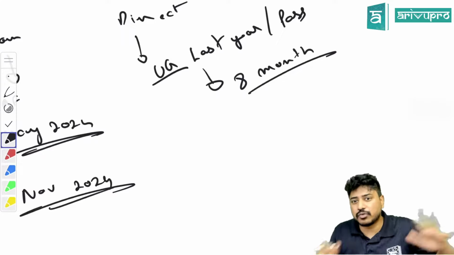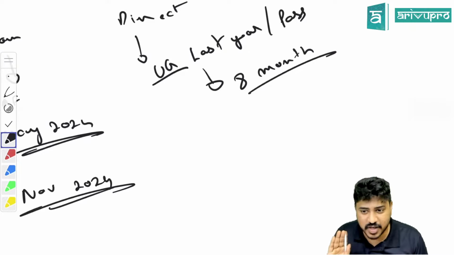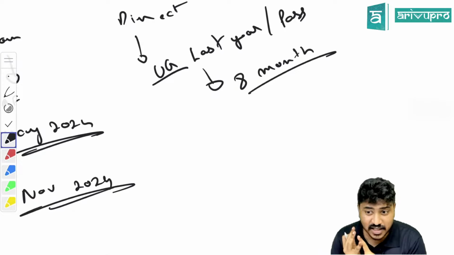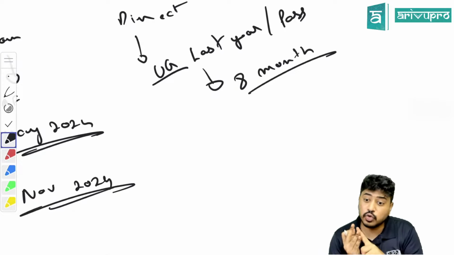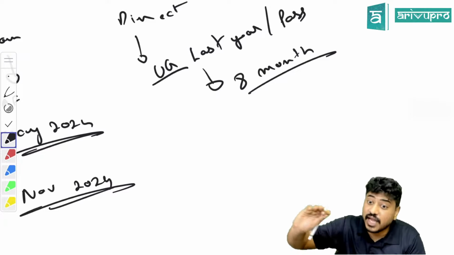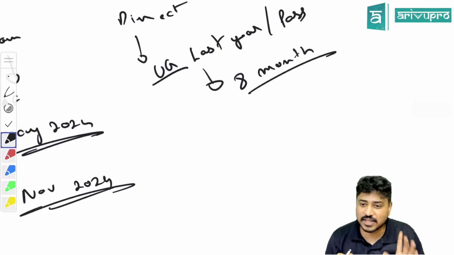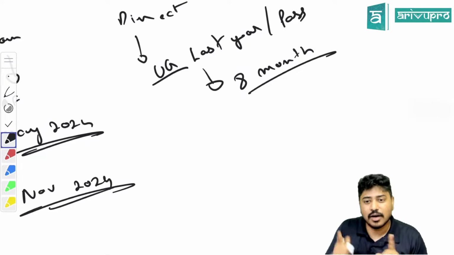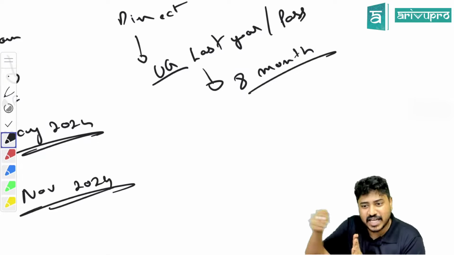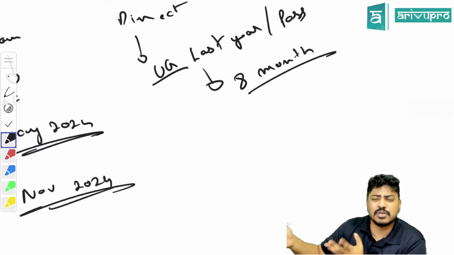Now, to compare with before: you have to pass undergraduate, then do 9 months of articleship. Understand? 9 months of articleship, then you write CA Inter. Now what they are saying is, if you are in the last year of your UG degree, you can register now. 8 months. Within those 8 months itself, you will graduate.